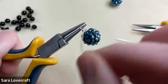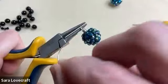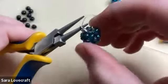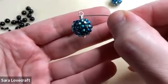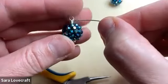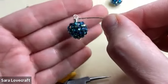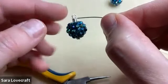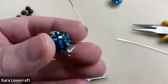We're going from the bottom to the top. I'm just wrapping over the top of the wraps that we just made, and that just kind of thickens it up a little bit. It thickens up the wire wraps. It also makes things a little bit more balanced because this is a big bead. If we left it with just those wire wraps, it would have been fine, but it looked a little unbalanced. So when you thicken up those wraps, it makes everything just kind of feel a little bit more